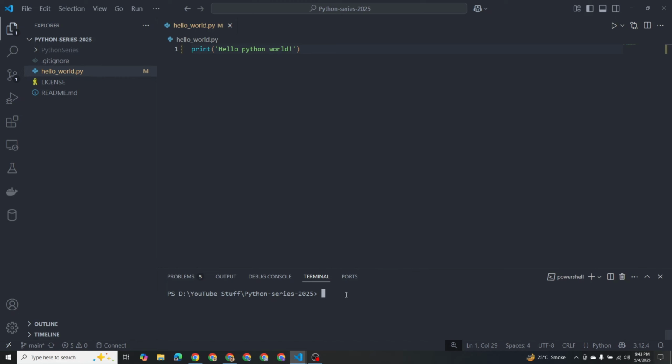Okay, so let's type python and pass the file name that we want to run, in our case hello_world.py. If I hit enter, you will see we are getting "Hello Python world" as an output, because in the print function we have typed this value. So I am going to comment this out, and let's